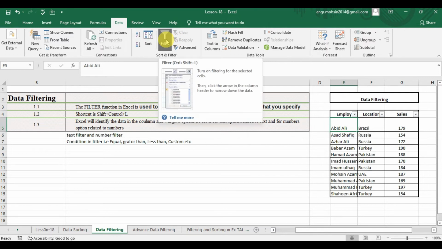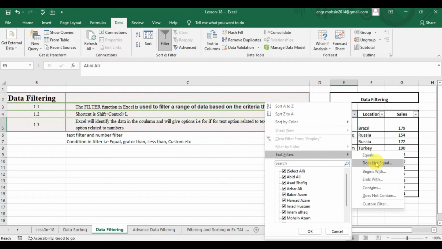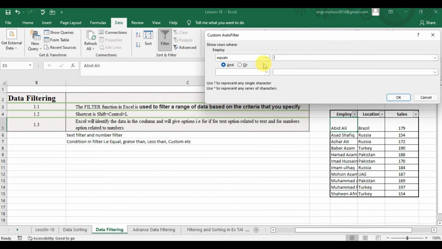Now I will go to filter again, and here text filter, and here I can click the custom filter, and from the custom filter I have different options: does not equal to, greater than or equal to, less than, ends with, does not end with, contains. If I click contains, and now